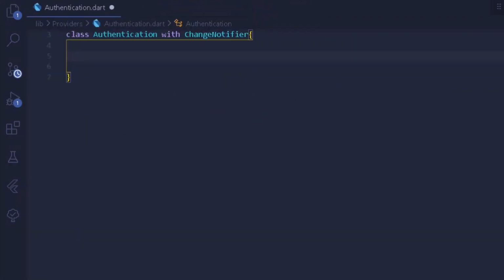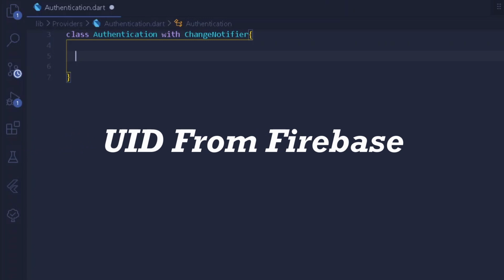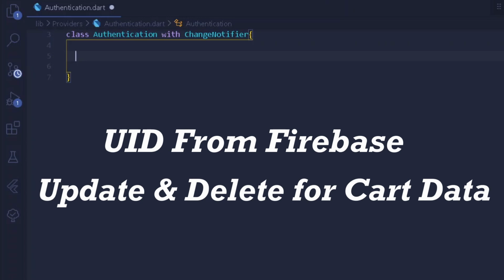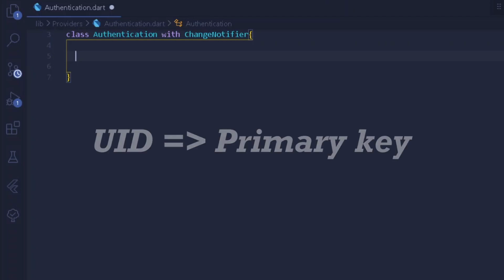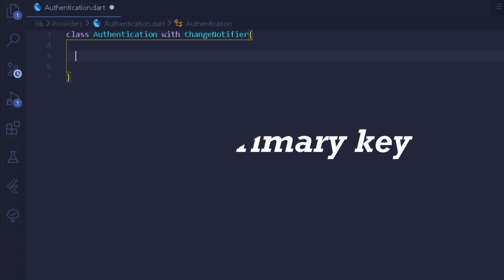But before implementing authentication, think about it. Why are we using authentication under our Pizzato? Let me tell you that the purpose of this authentication is simply to get the user ID of the user, through which we shall be able to perform all the update queries and similarly delete queries over the cart, that is a particular cart. So to manage all the queries, we need to get a primary key of the query, and the primary key shall be nothing but our user ID.